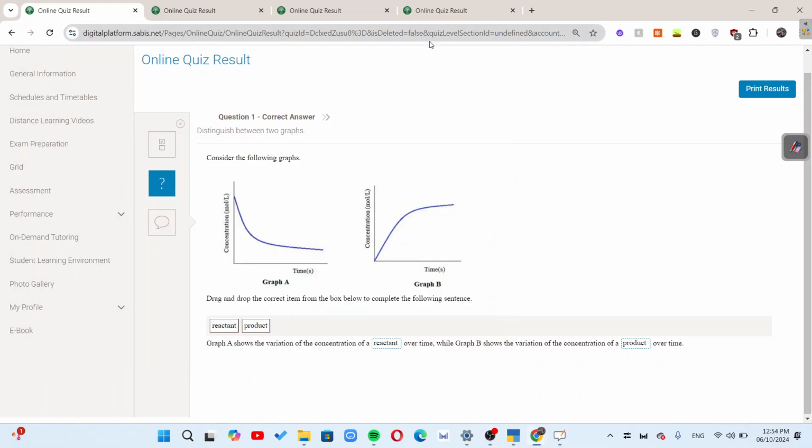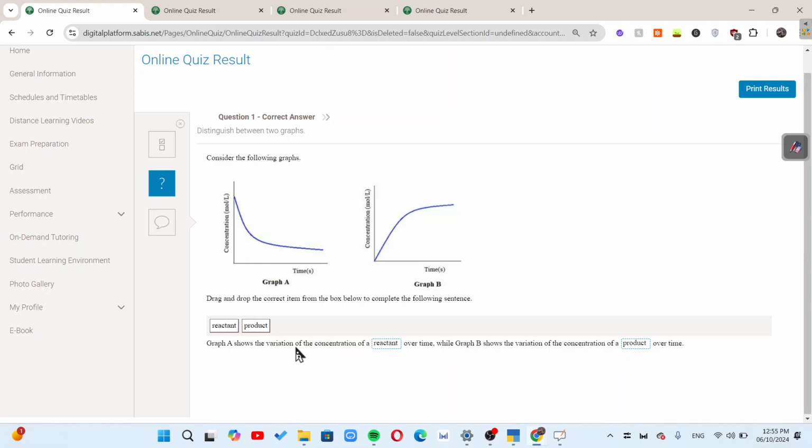Hi everyone, so today we're going to be solving the periodic quizzes for chapter 9. So we have 4 quizzes. They're really easy, not that hard. And yeah, let's start. So now this is the 9.1 quiz and it's asking us to distinguish between these two